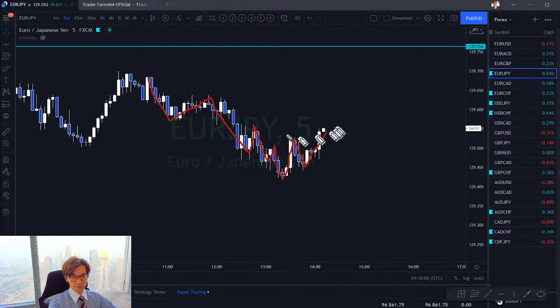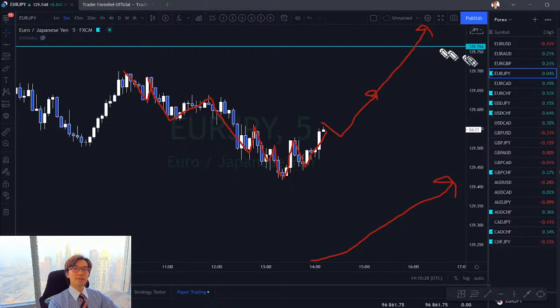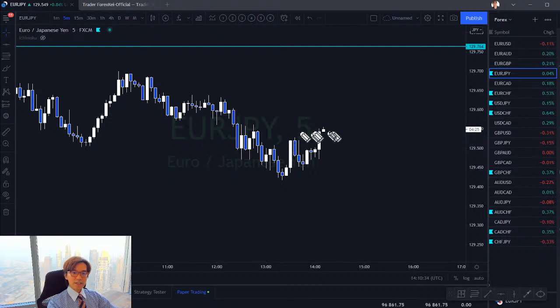This is good because, as we saw earlier, in the 1 hour chart, the market is bullish. So the probability for the market to go up in this direction is higher in this case, and I expect the market breaks the previous 1 hour resistance level at 129.76. So I think this is a good entry edge, but if you can wait a bit more,